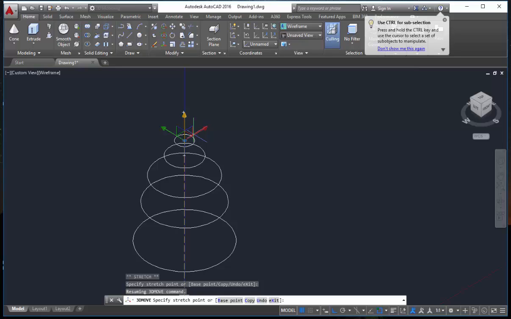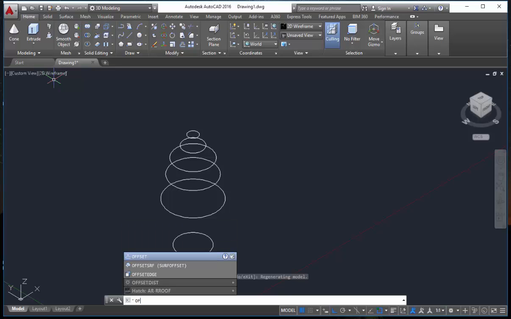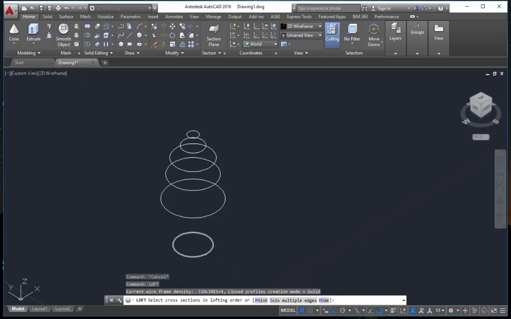Now I'll select loft. The shortcut for loft is LOF, enter. Select the objects one by one like this.